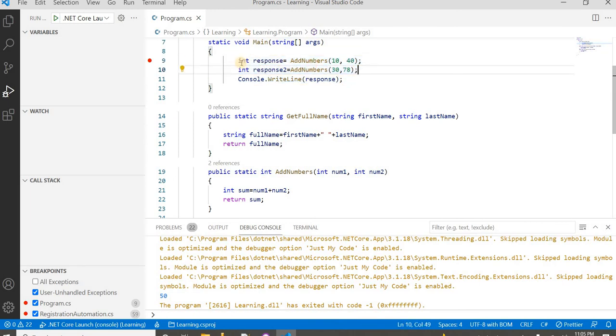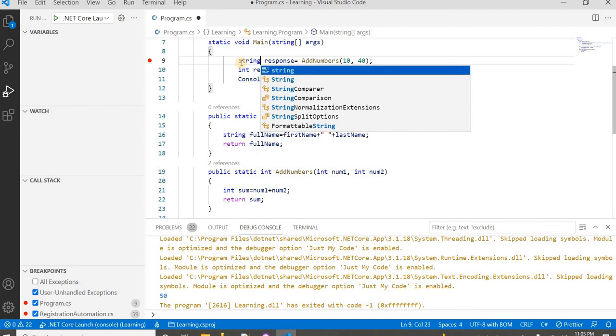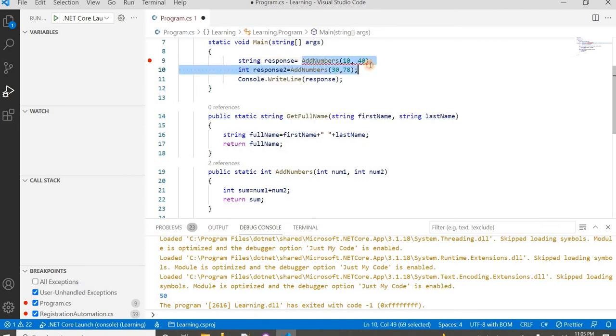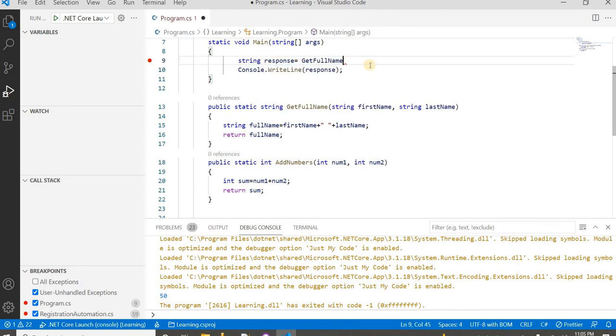Now I can call it here, let's say String, because this time it's returning a string value. I will say it like this, and first name is Sam, last name is Jones.